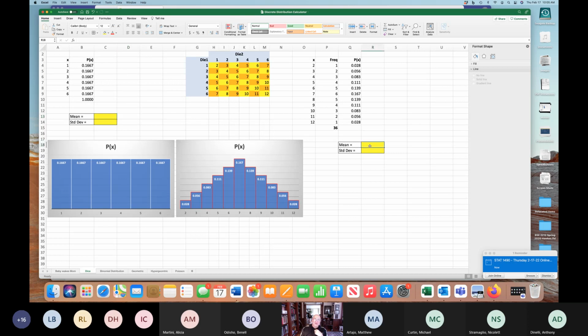And if we look at the mean, which I got rid of in either case, there's a function in Excel, which is quite nice. It says equals SUMPRODUCT. What the SUMPRODUCT function does is takes one array, let's say all the x's, so the value of my dice is 1 through 6. I put a comma. I put the probability of getting each of those, which is actually all the same number. And then what it will do is multiply 1 times